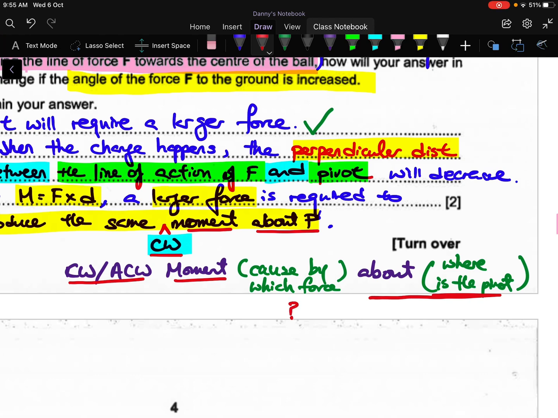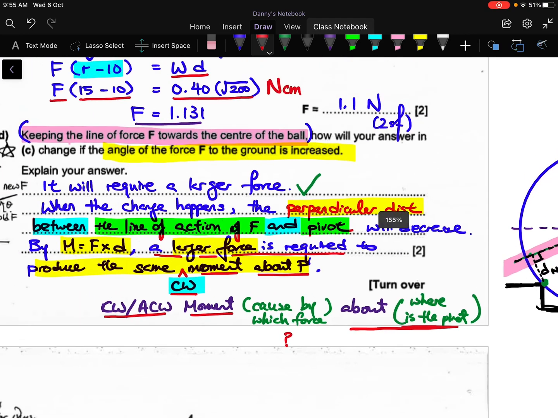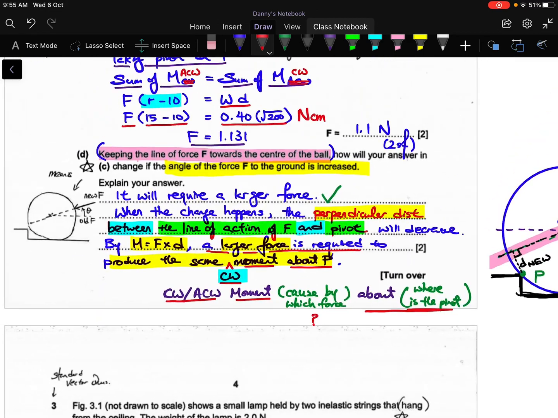How about this? Why didn't you say this? I got, no? No, I said already. A larger force is required, right? This refers to F0. Okay, this is the end of my